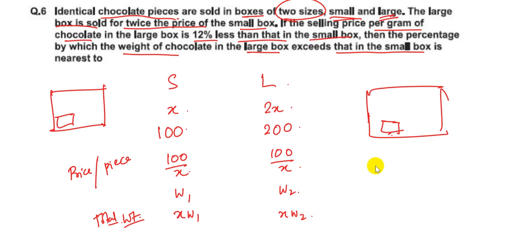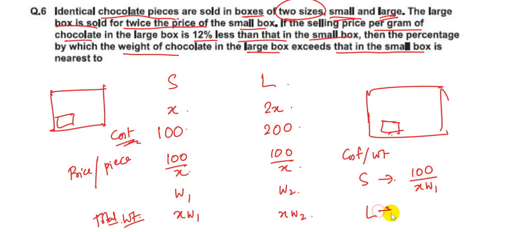So this is the cost by selling the box small and big. So the cost per weight for the small box will be 100 by XW1, and for the large one this would be 200 by